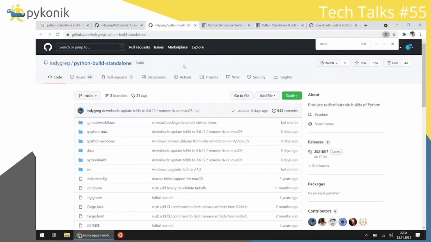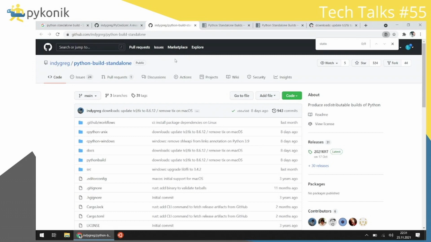Basically, what he does is get the source code of Python, modify the setup.py of Python itself, and then cram everything that it can into one Python executable,